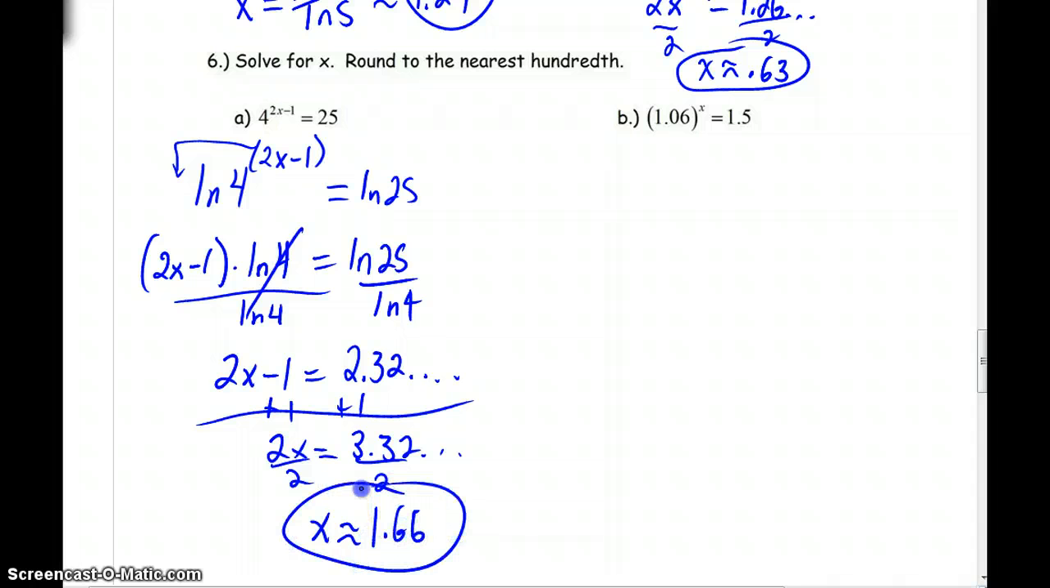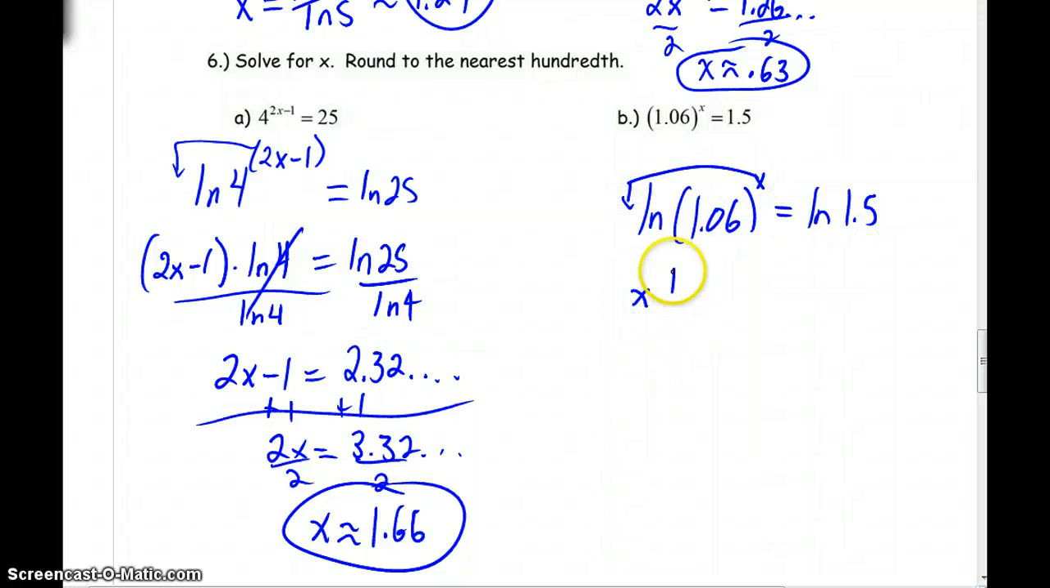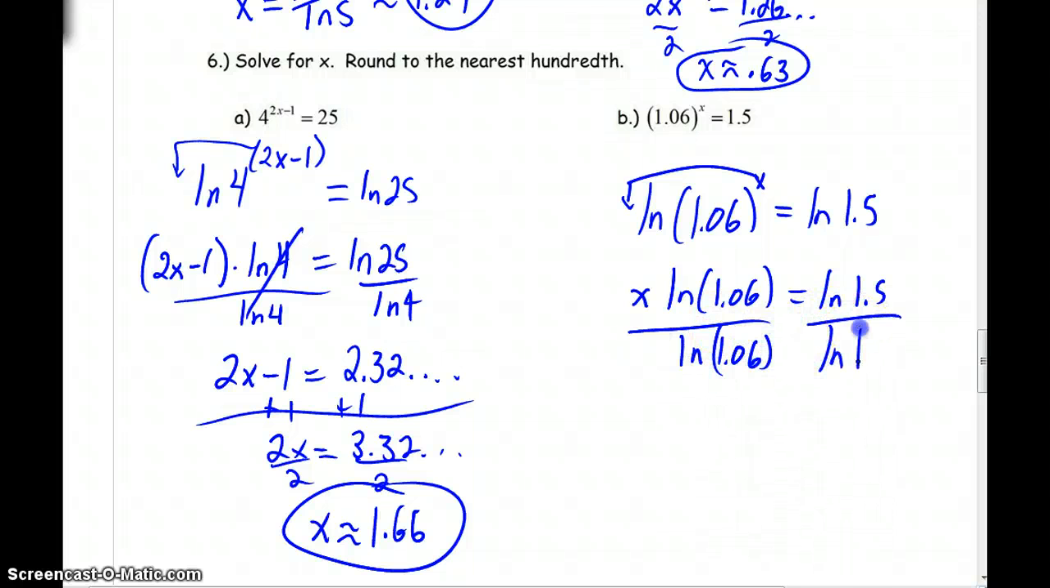One final one, more of the same. Obviously 1.06 and 1.5, they're not the same base at all. So let's very quickly just take a natural log on both sides. We can bring our x down. And this is even less work. All we have to do is just divide by the natural log of 1.06. Very, very quickly,